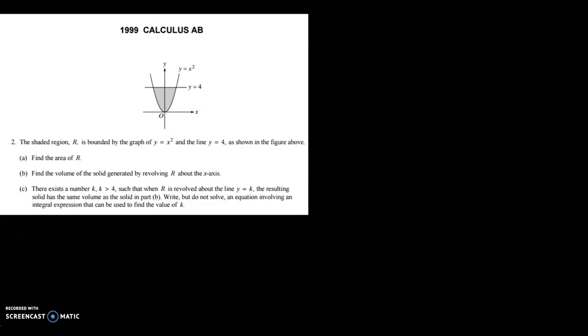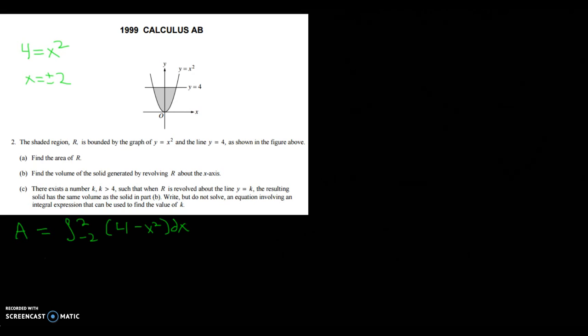Okay, so that's not too hard. Now, area is going to equal, well, first we have to find the boundaries. So where do they intersect? 4 equals x squared. You're setting both these functions equal to one another. So x is going to equal plus or minus 2, so it's from negative 2 to 2. And now when you do this, you've got to do top minus bottom to find the area. So it's 4 minus x squared